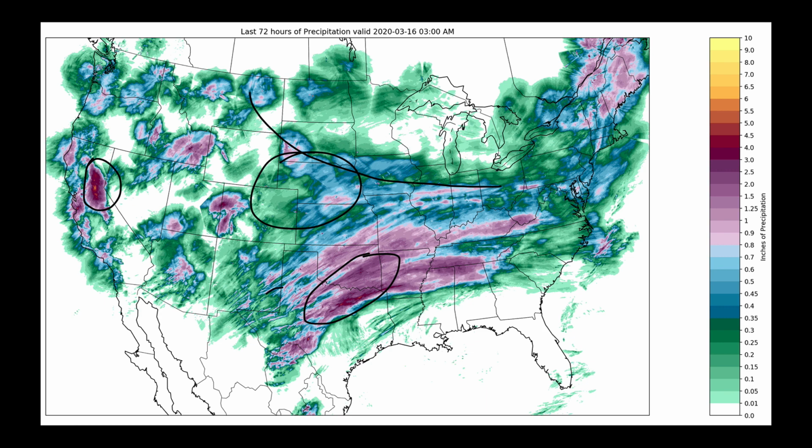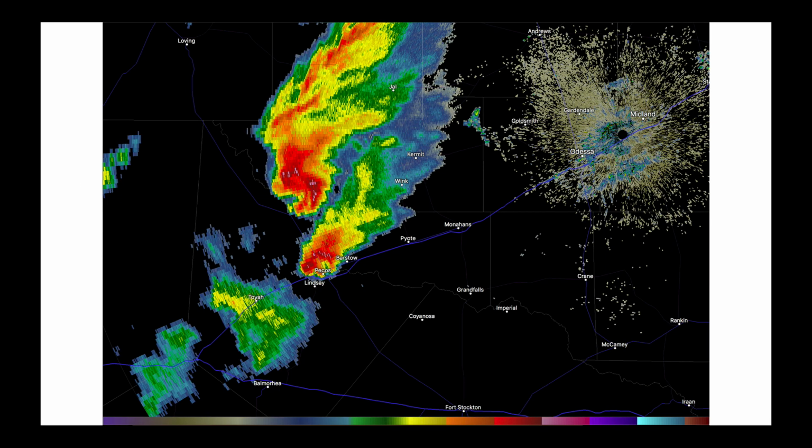But before I get there, I want to show you something that was quite unique over the weekend that happened down here in Texas. So take a look at this. Texas will be the epicenter for the severe weather early this week, and they certainly got it over the weekend. You're here looking at the Midland-Odessa Radar, and I'm going to show you 2 separate supercells, one here and one here. Now, the supercell to the north had such a strong rear flank downdraft that it pushed the backside of this storm out at a speed recorded on the ground of over 130 miles an hour, producing some locally, incredibly